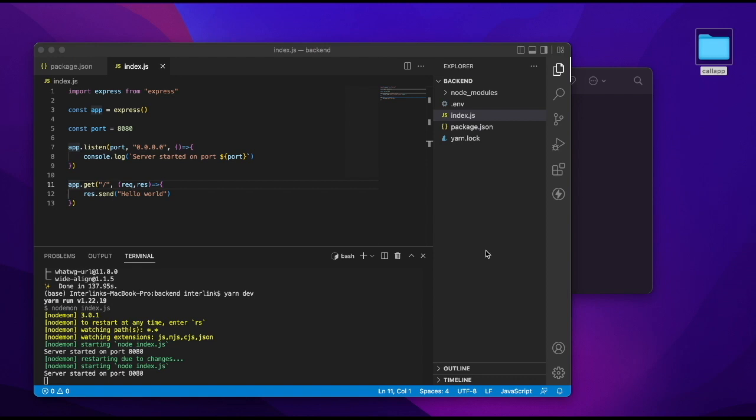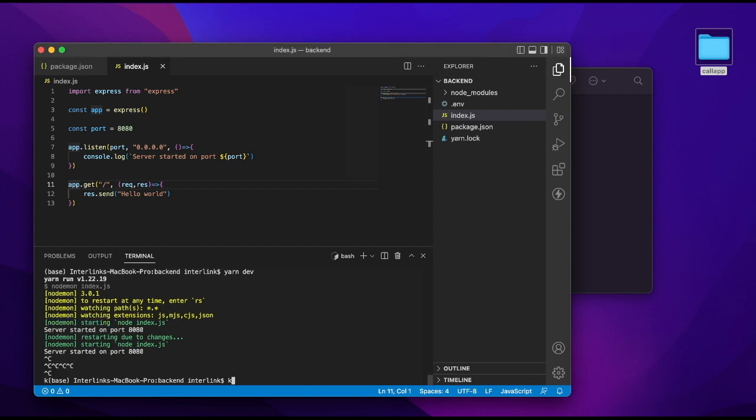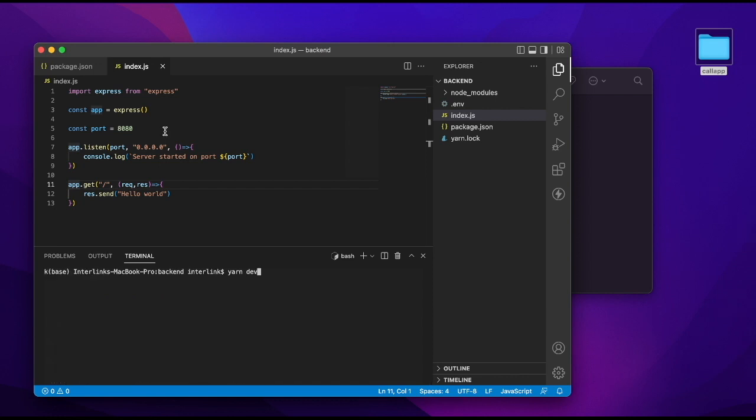So once you've updated the env file, it is recommended to restart the server for the env file to take effect, because it doesn't work with nodemon. You have to restart it, because as I mentioned, this is a hidden file. So let's run the yarn dev command again,